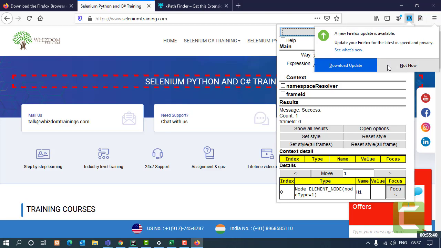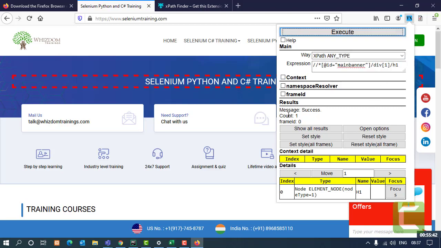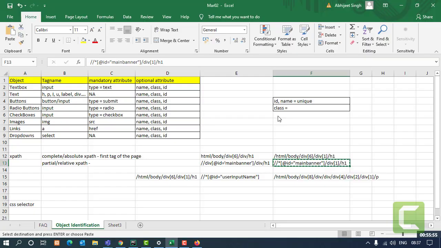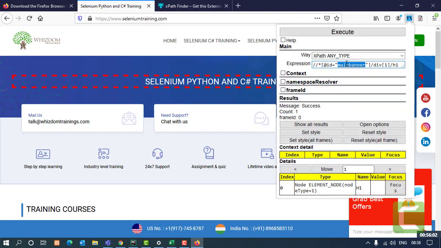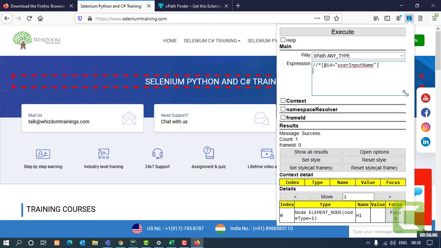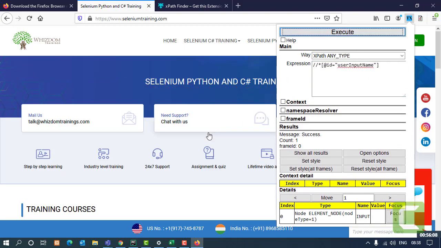And it also gives you the count of how many elements are actually being pointed to by this XPath that I have made. If I look for some other element, let's say I look for this element and I want to check for this, I can just put this here, execute, and wherever this element is being used, that will also be highlighted, as it was highlighted like this.